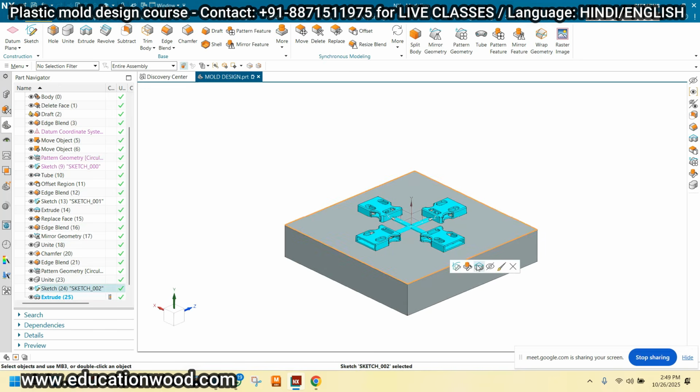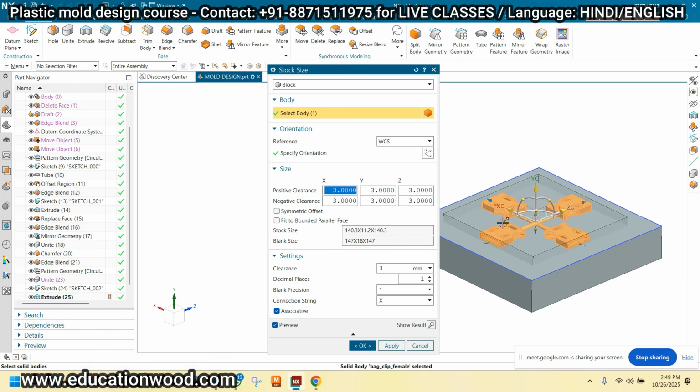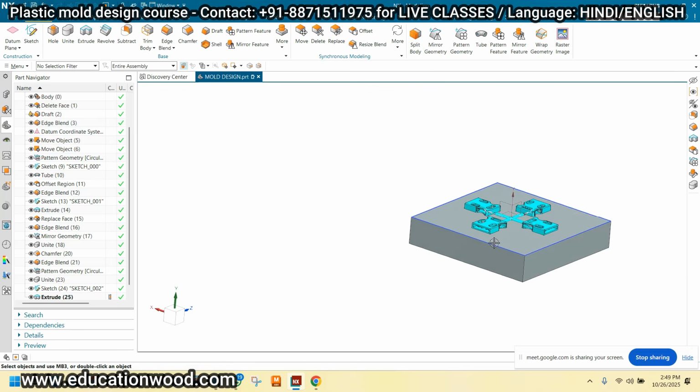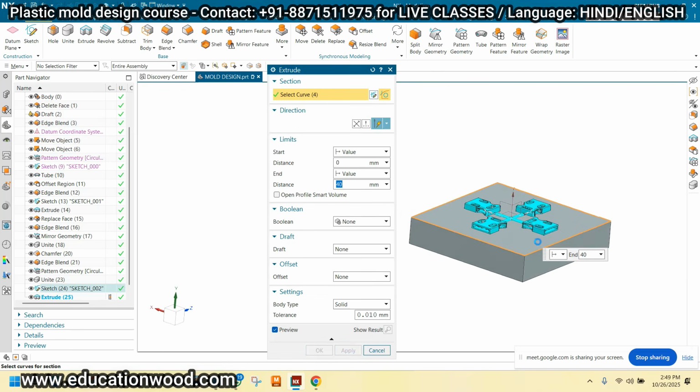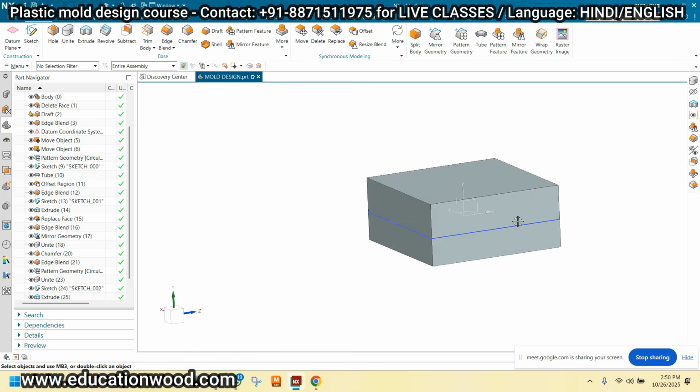Okay. And again, what is the height of the component? Let me check what is the height. The component height is about 11.2, 10 mm you can say. So basically I can take 50 mm, right? So this is the standard size, 200 by 200 by 50 mm. So basically this standard size I will get from the market easily. So that's why manufacturing cost will be reduced there, right?